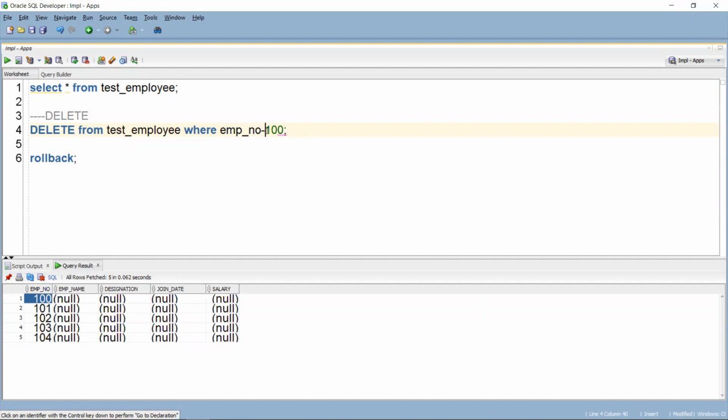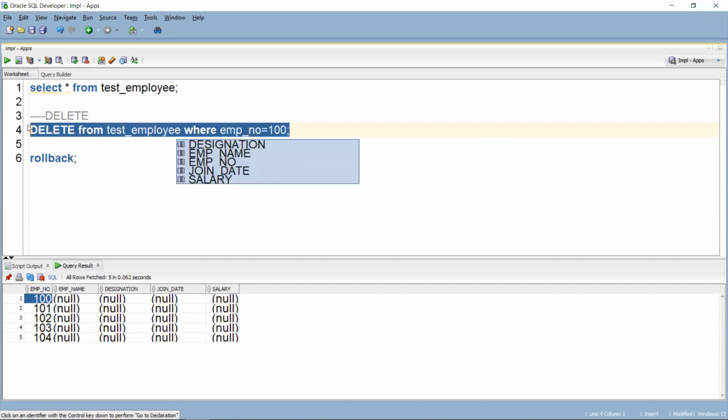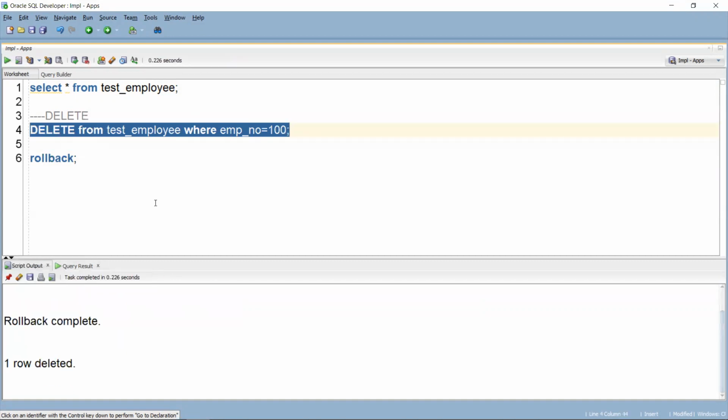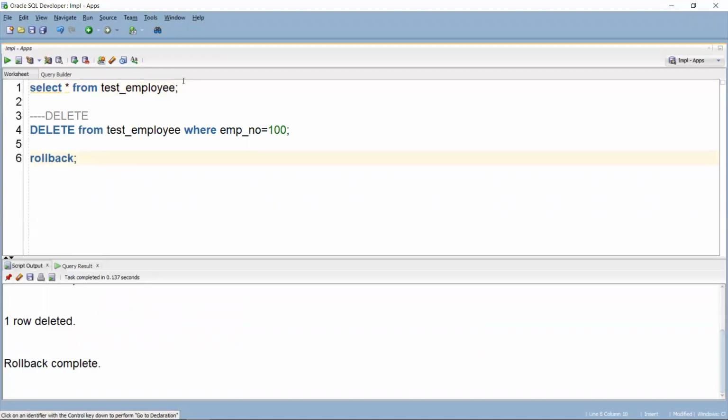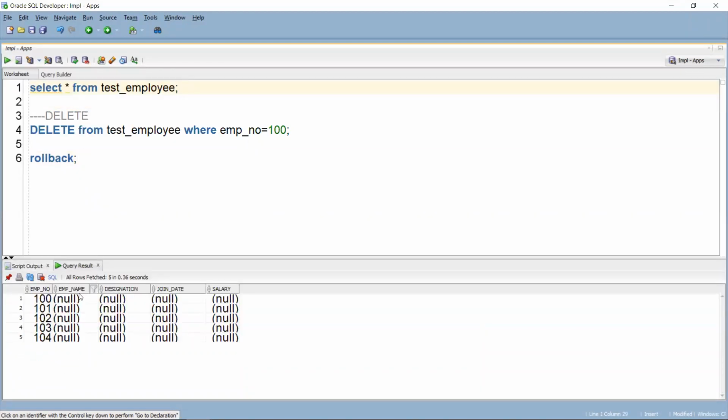So I am just deleting the 100th employee, and if I run this, one row deleted. If I execute the select star from test_employee, there is no employee 100. And if I do a rollback and run this query, automatically I can see the 100.